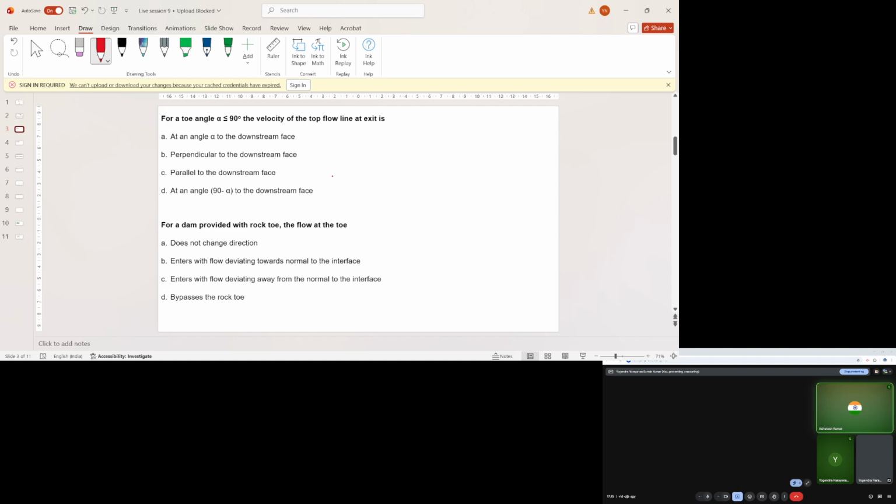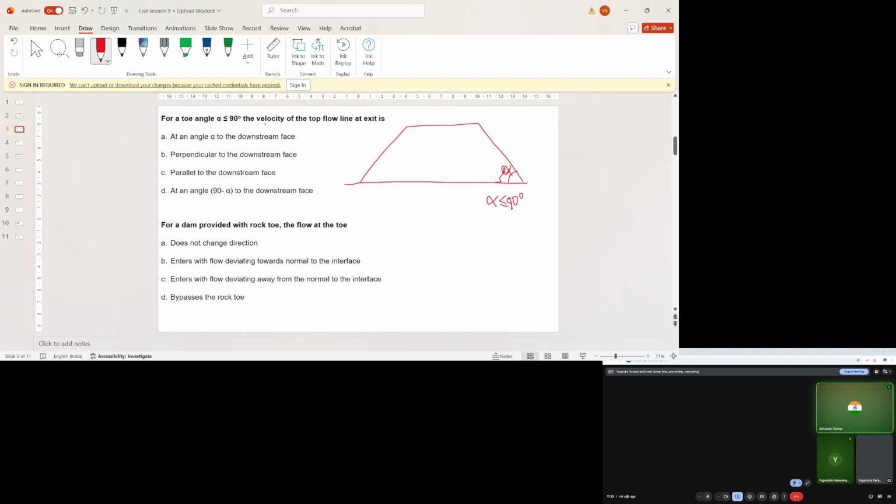So for a toe angle alpha less than 90 degree, the velocity of the top flow line at exit is: option A, at an angle alpha to the downstream face; perpendicular to the downstream face; parallel to the downstream face; at an angle 90 minus alpha to the downstream face. So how will you understand this? Now you need to understand what is toe angle. Toe angle is this one, alpha. So for alpha less than or equal to 90,